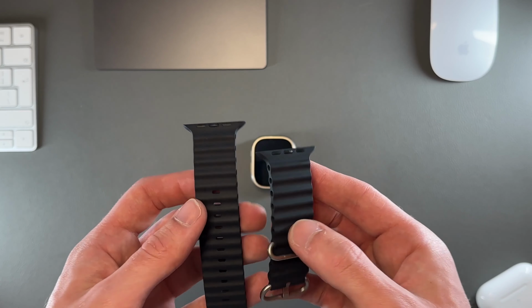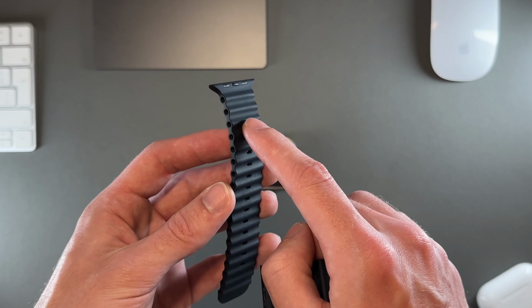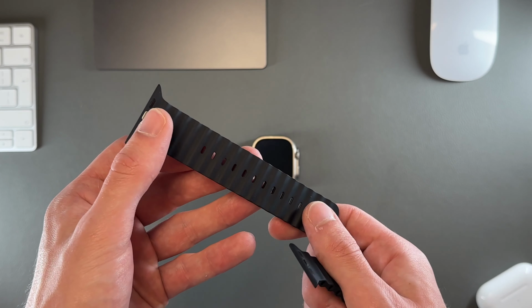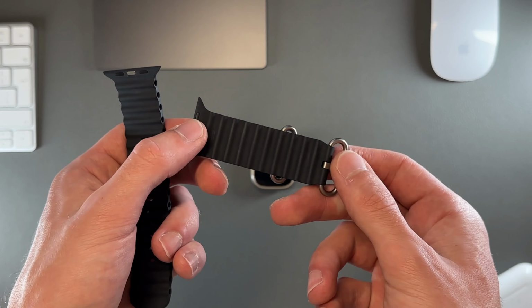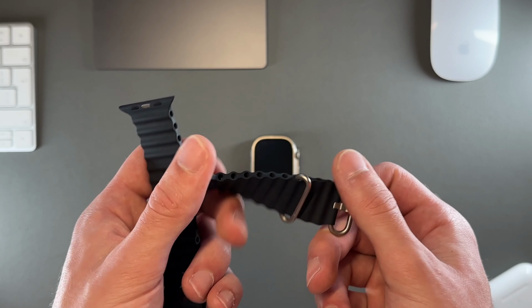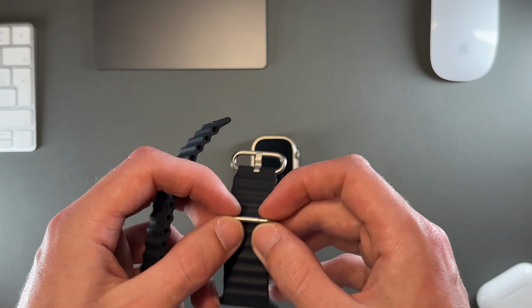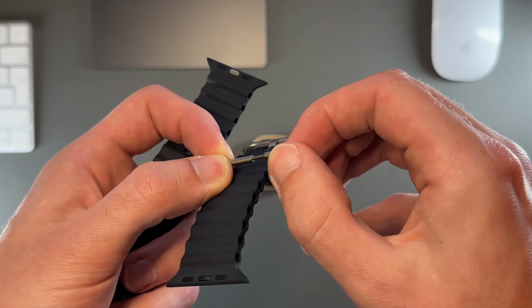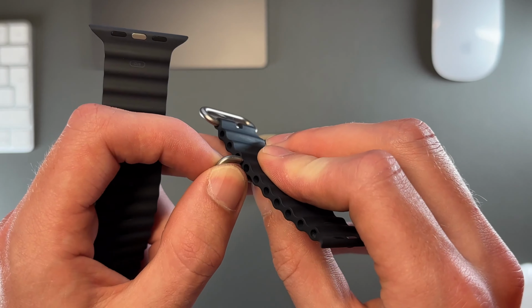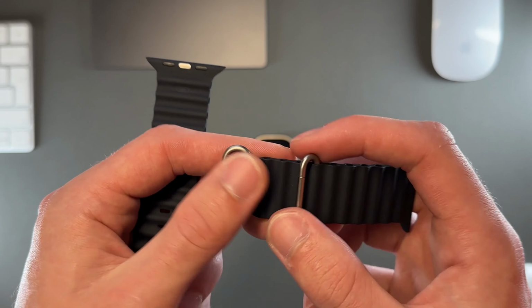Overall looks really nice. Over time, it can start to look a little bit shiny, and you can see on mine, there's some areas and patches on the watch which are starting, especially around the edges here, to look a little bit shiny. It's basically the more you wear it, the more used it will become. The nice thing about this one, and I suppose all of them, they have their own little quirks, but you do get a little clip just here, so you can easily adjust where the little loop of the band sits,